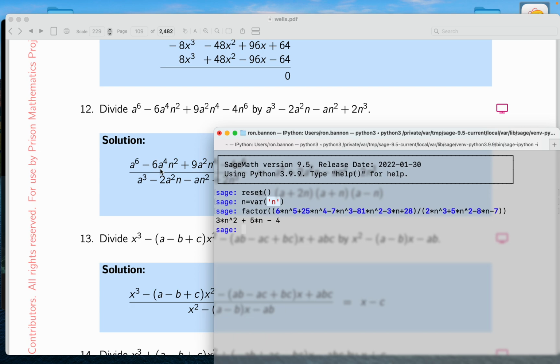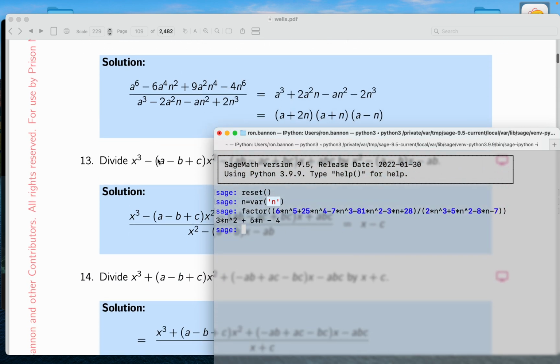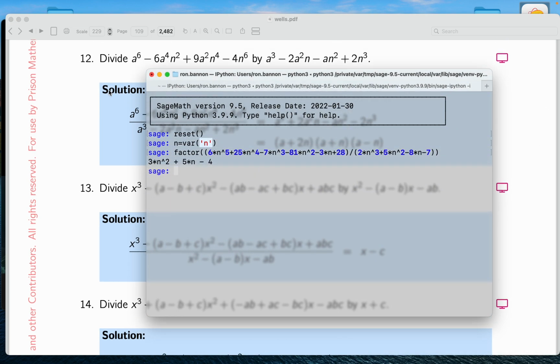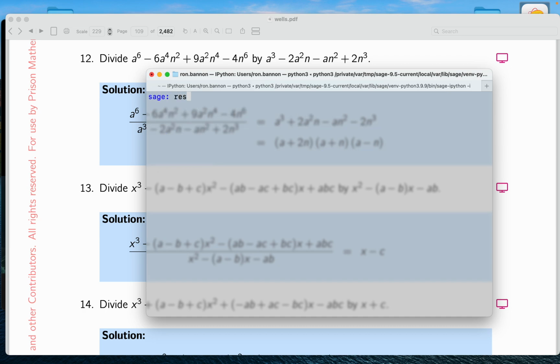All right, so what I'm going to do is number 12. I want to see if I can do it. And by the way, I have an answer over here. I don't know if I can do it. I'm just learning. So I'm going to clear the screen. I'm going to reset. I am going to define a variable a. And I'm going to type this in. And what does it say? Divide this by that. So we did factor, if you recall. And I'll type in this over here. So it's a^6